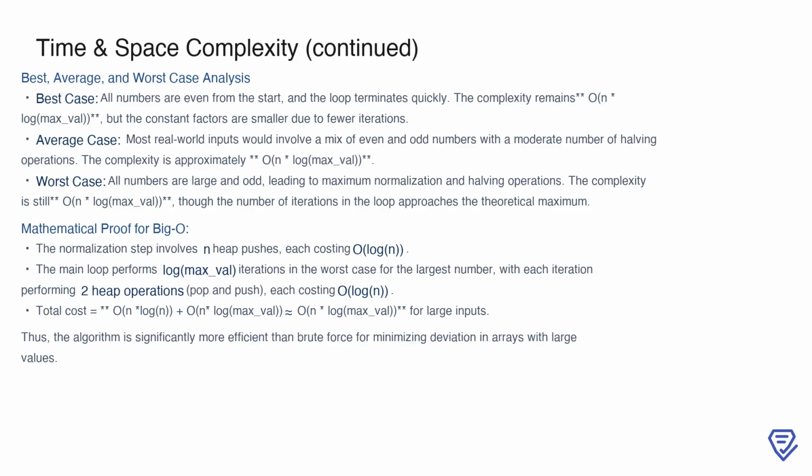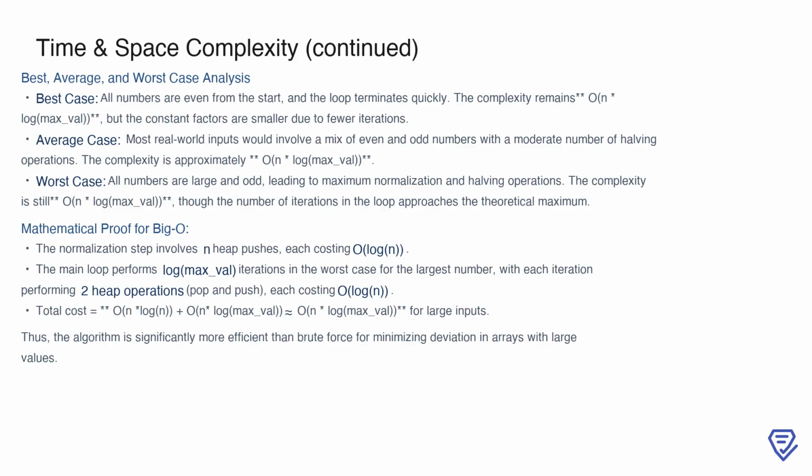In the average case, which represents most real-world inputs, the array contains a mix of even and odd numbers. This results in a moderate number of halving operations, with the complexity still approximating O(log max_val). In the worst case, all numbers are large and odd, requiring maximum normalization and repeated halving operations. Even in this scenario, the complexity remains O(log max_val), though the number of iterations is at its theoretical